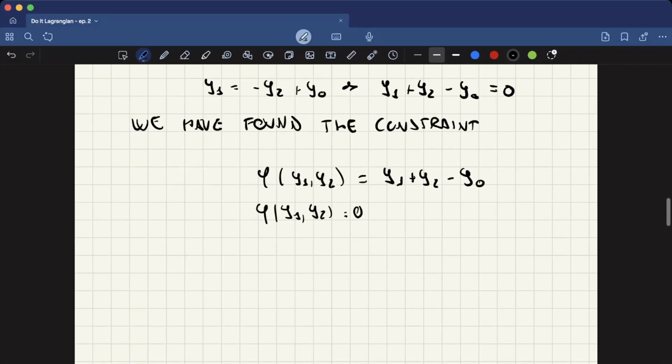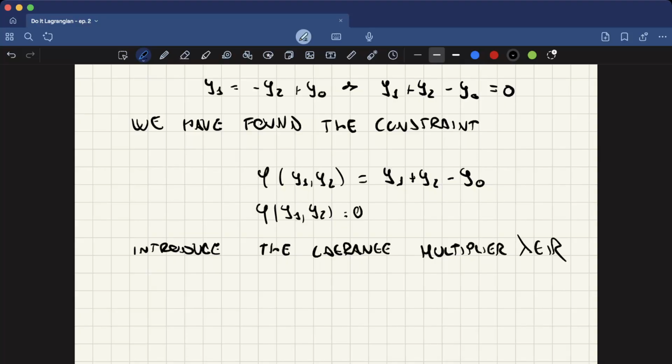And now we can introduce the Lagrange multiplier lambda, which is a real number in this case, and L prime, which will be our new Lagrangian, which is equivalent to the first one since phi is 0 every time, but its derivative will be different than the one of L. So we add lambda times phi, okay,